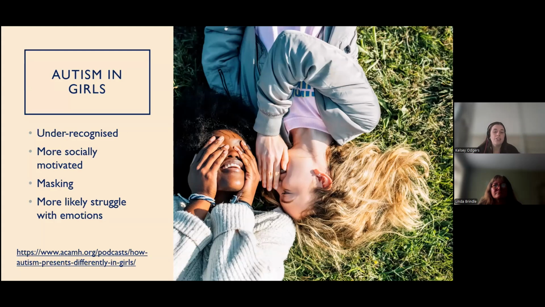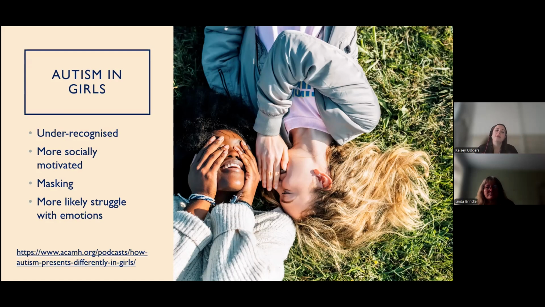So, firstly, generally speaking, again, this doesn't apply to all, autistic girls are more socially motivated than autistic boys. So they generally really want to make friends, they want to socialize, which may mean that adults around them may not notice more subtle social difficulties that they might have, such as conflict in their friendships. Whereas the social communication difficulties in autistic boys may be more obvious because they may be more isolated or maybe less interested in socializing.